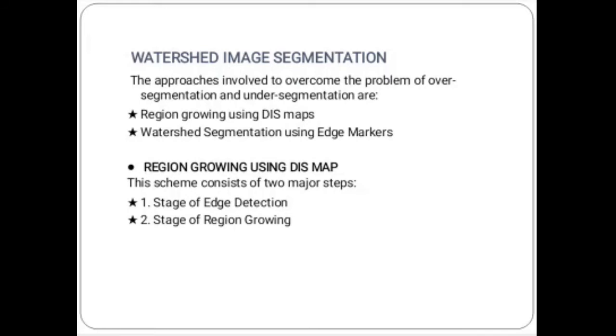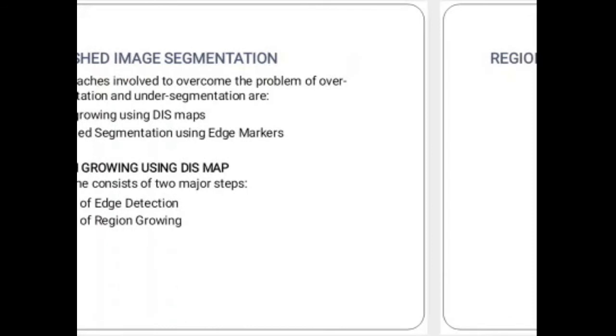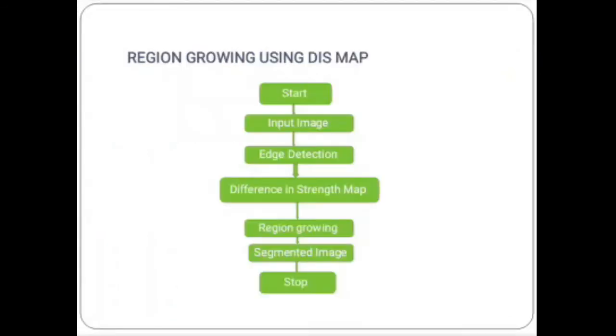So the set of pixels belonging to the regional minimum, how we are going to have the dam construction, and after the dam construction how we go for watershed based segmentation. In this edge detection process using the DIS map, a 3x3 running window runs pixel by pixel on the input image, and the DIS for the center pixel is defined.